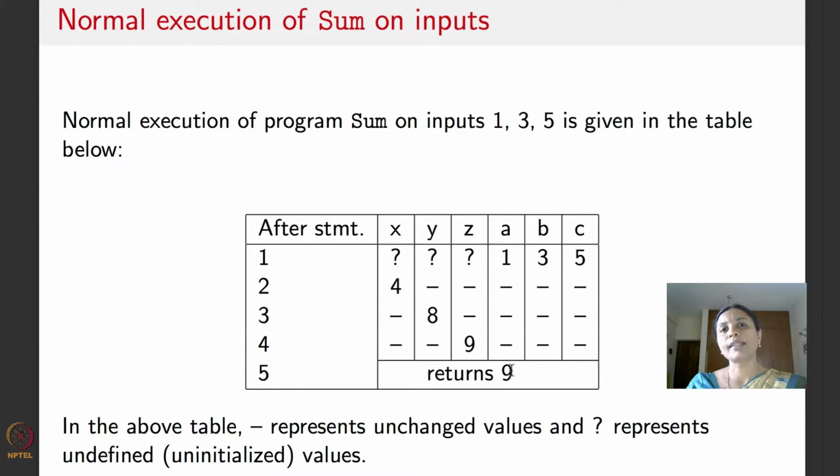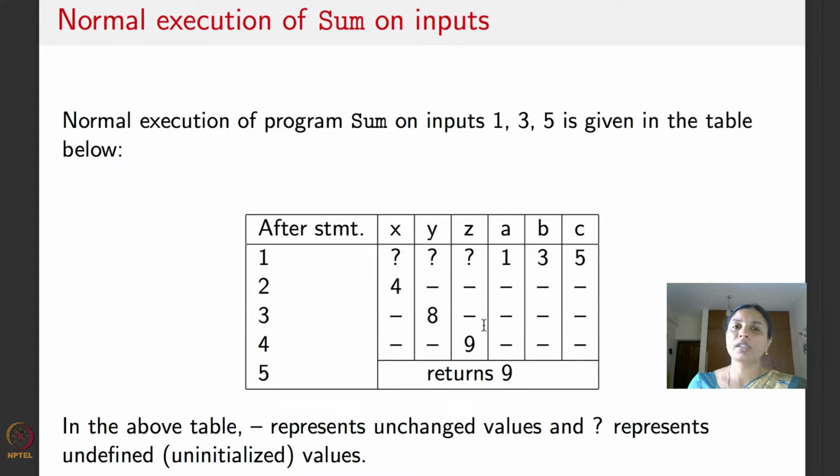Now let's say you decide to give another set of inputs to the program. Instead of 1, 3 and 5, maybe you will give 0, 0 and 0, to see how the program behaves. For the same set of inputs, you will again do the same thing. You will give the inputs, look at the expected output, look at the actual output, compare and see if the test case is passed or failed. You can repeat the process for another set of inputs, and so on,